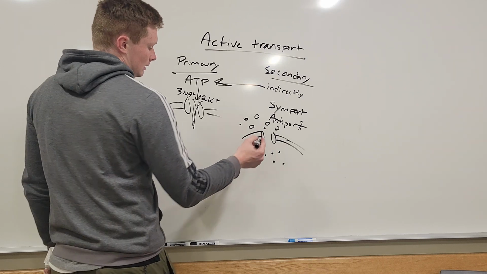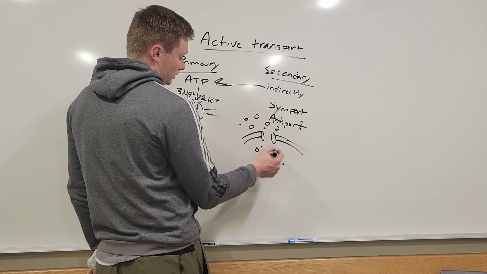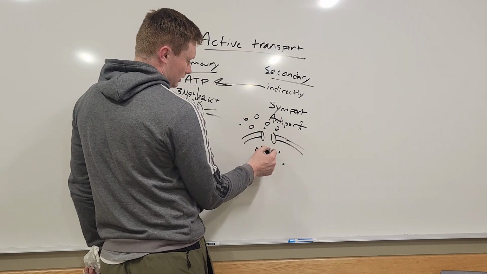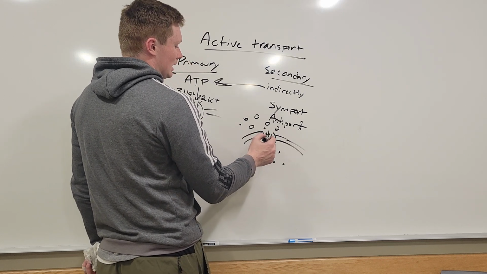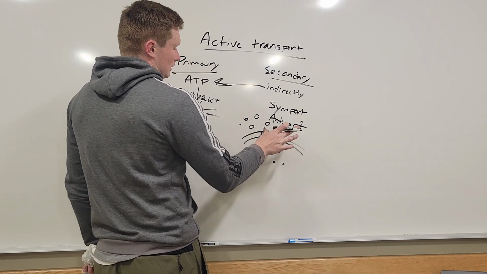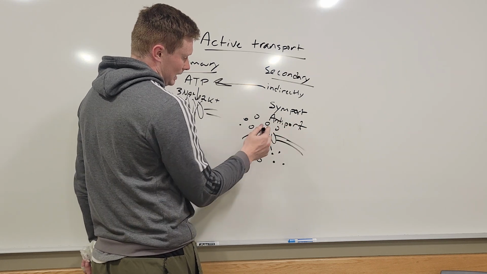So we'll just say this: against the gradient, one goes against and one goes with. So this is symport, this goes in, this also goes in. Okay, this one's going against, this one's going with the gradient. So antiport, we're still doing one goes with, one goes against, but now